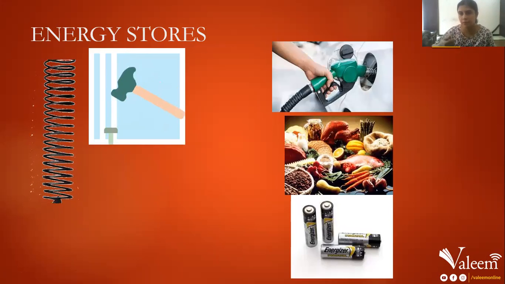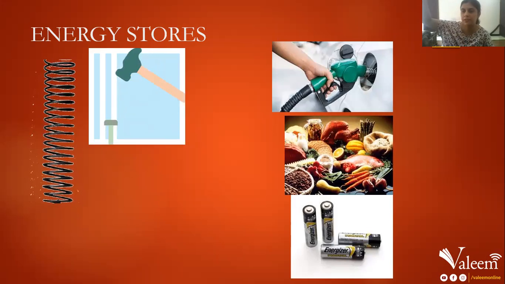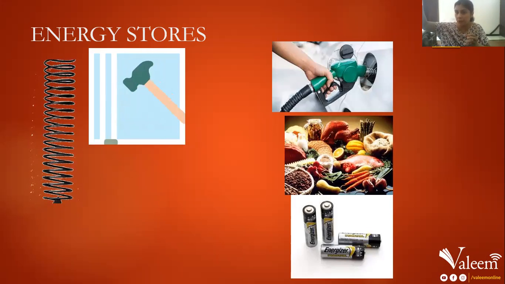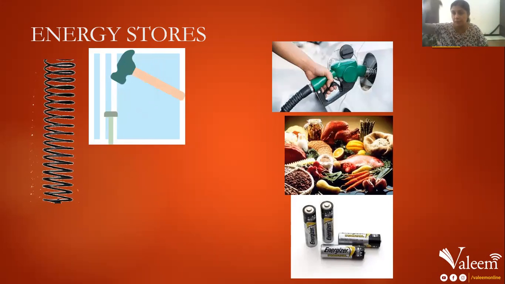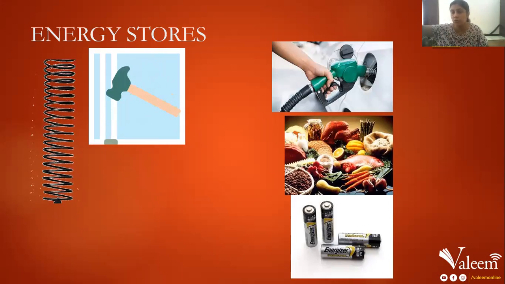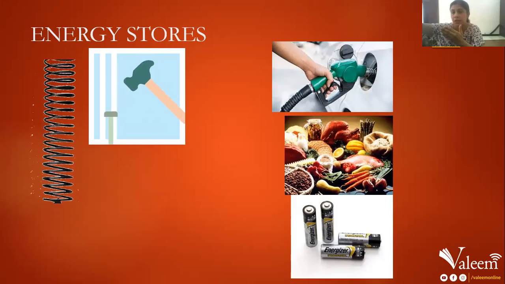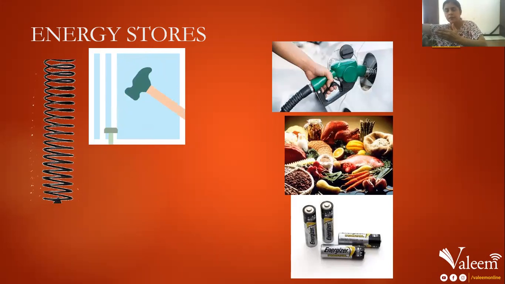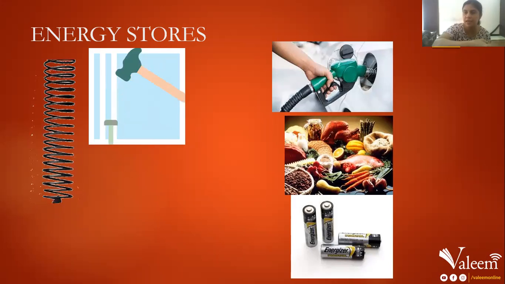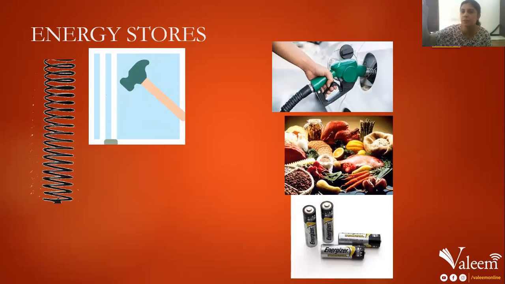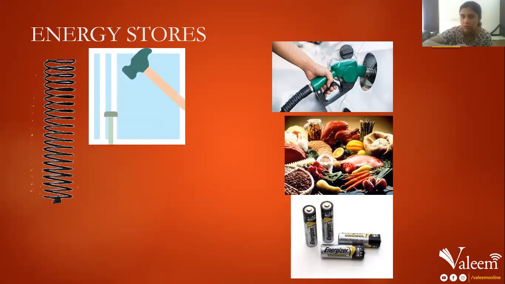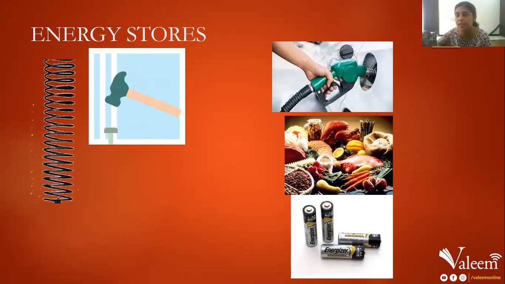Now, what about this hammer? If you lift this hammer, of course, you require a lot of force. You have to strive a lot when you pick up a hammer. The hammer is quite heavy. So basically, you are also storing a kind of energy when you're lifting a hammer, because with that energy you strike the hammer down, and that energy enables the hammer to strike a nail. So a hammer is an example of a gravitational potential store.